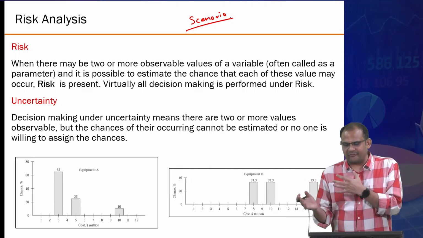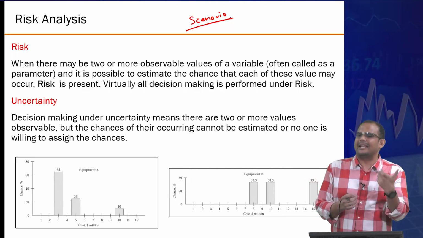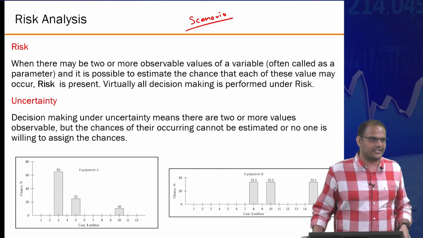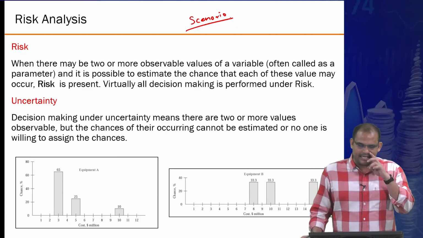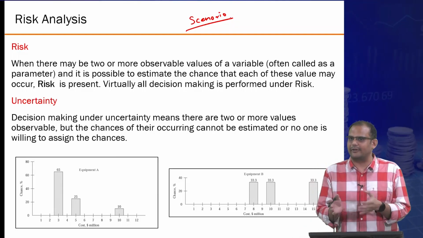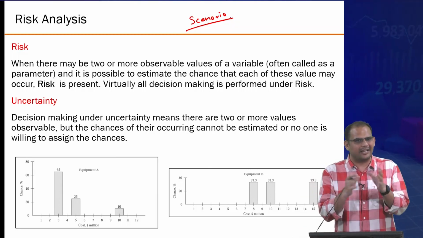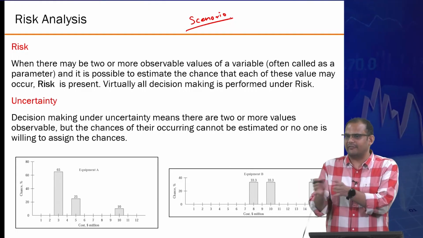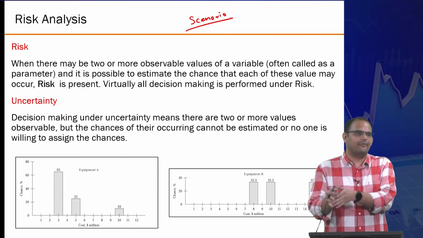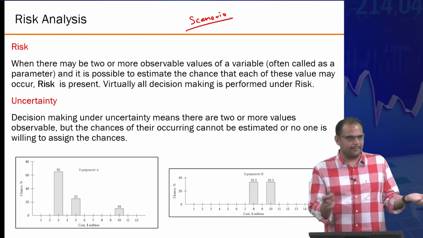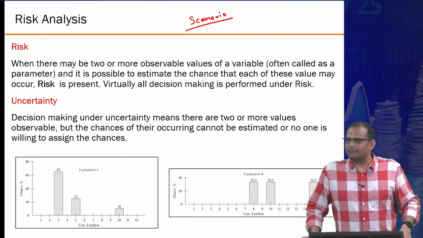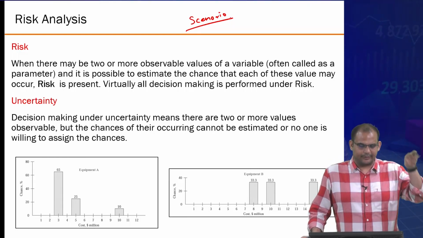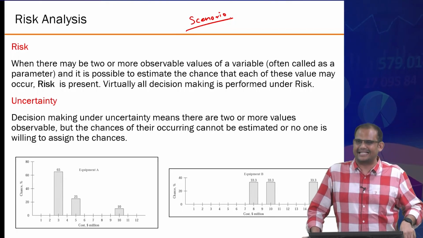But without the probability estimation, sometimes it is difficult to give a clear answer on which alternative to select, right? We saw some cases where scenario analysis can immediately result in a clear choice: okay, this project is better. Absolutely, in all three scenarios, worst, best, and normal, it is performing better than the other alternative. So it is the best choice. But there could be more complex cases, like overlapping ones,